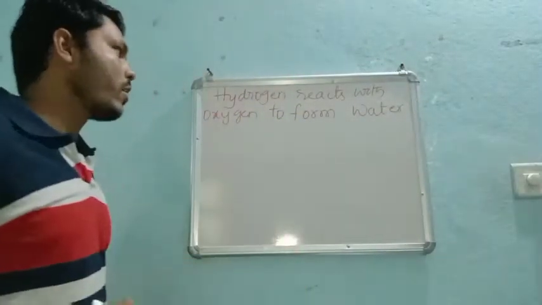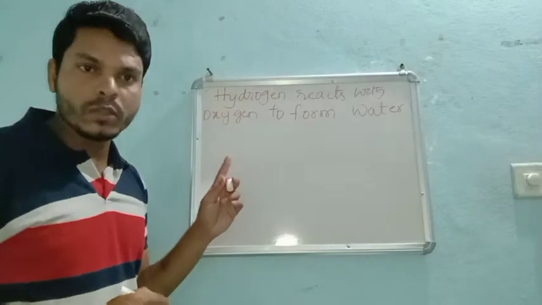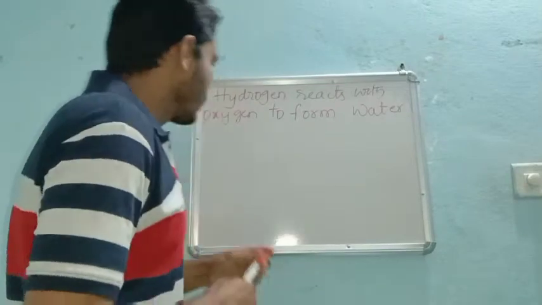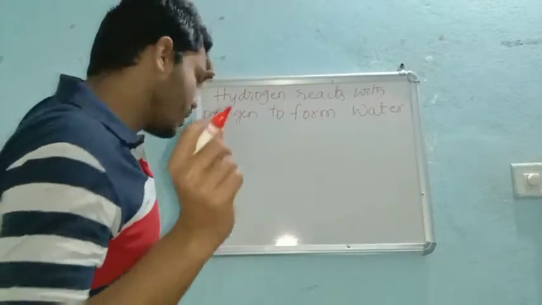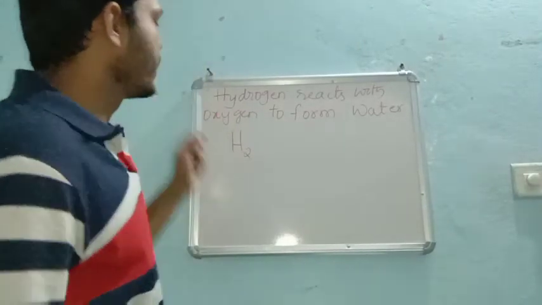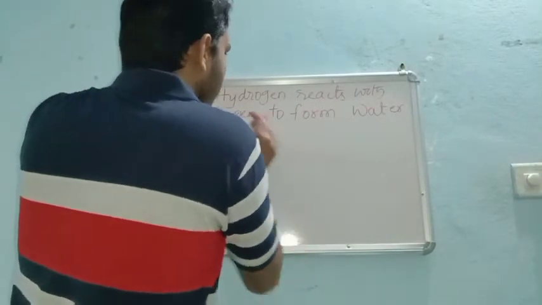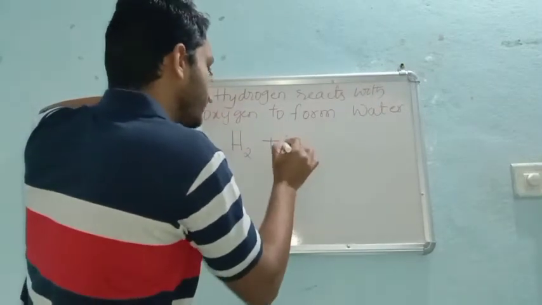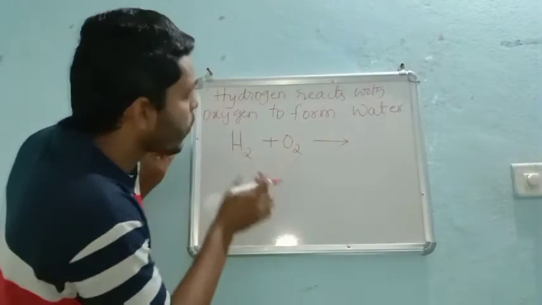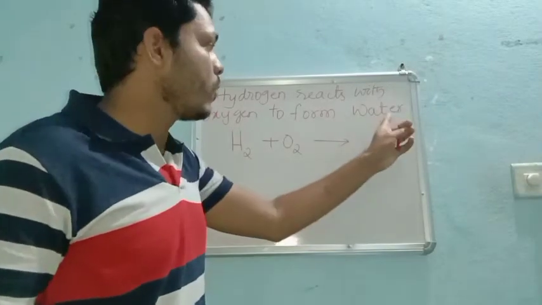So this is very interesting now. It is a very simple sentence. Hydrogen reacts with oxygen to form what? Water molecule. So I will write it. Hydrogen, as I said, is always present in diatomic form. That means it is a gas. So gases are always present in diatomic form. One more thing: hydrogen reacting with oxygen. Oxygen means, as you already know, O2. Right? So what product are we getting? Water. Only water. There are no sub products. Only one single product, that is water.